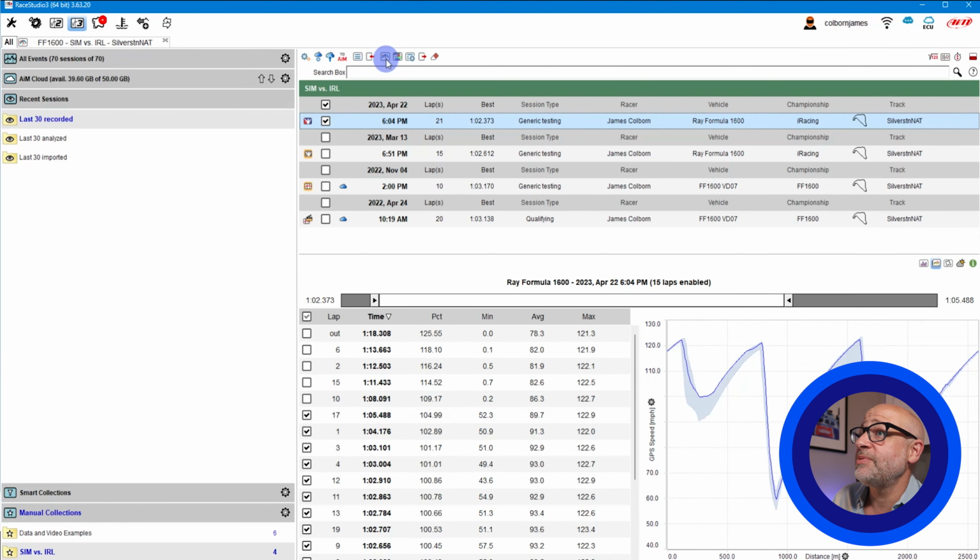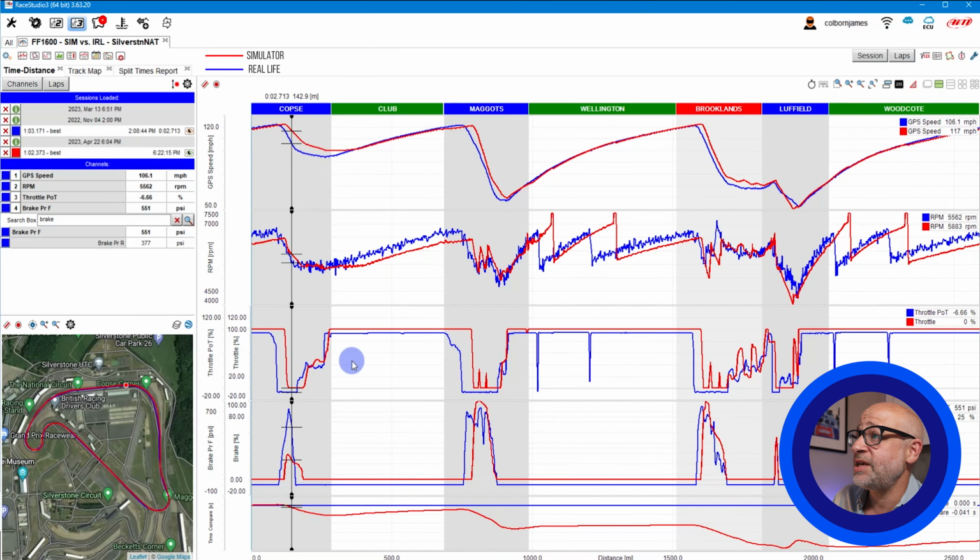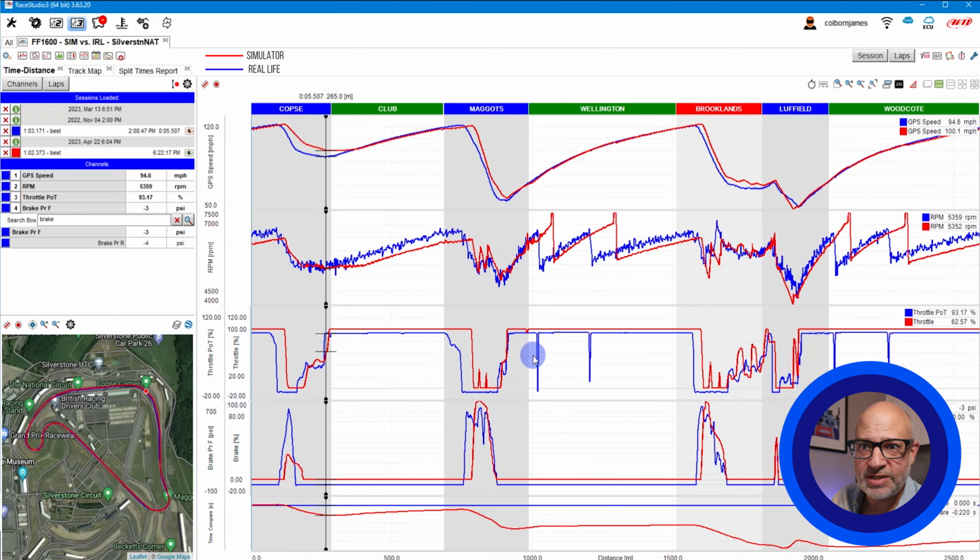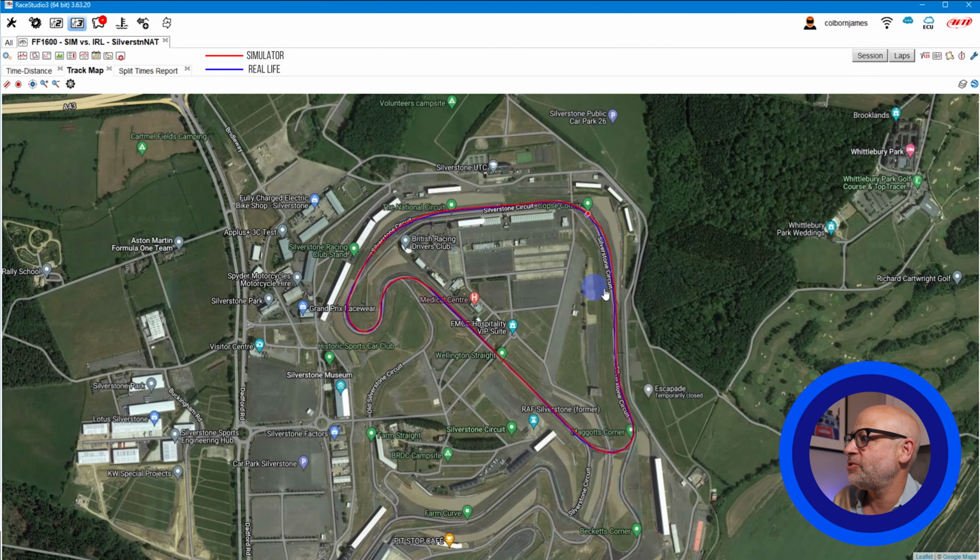And as I open that up as well, you can see that all of a sudden 102.3, which is the red one, is actually now faster through that corner, to the point where it's at 104, 105 miles an hour in, and at the slowest apex point 100 miles an hour. I'm like, that's absolutely fantastic. I'm really delighted. I've done a really good job, right up until you look at the track map and you zoom in